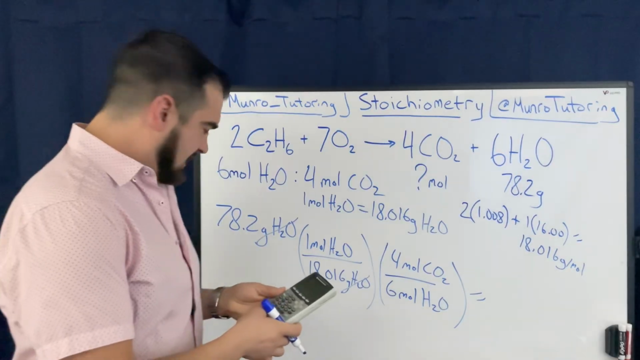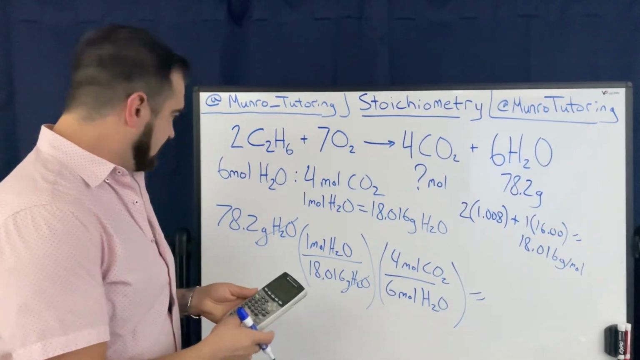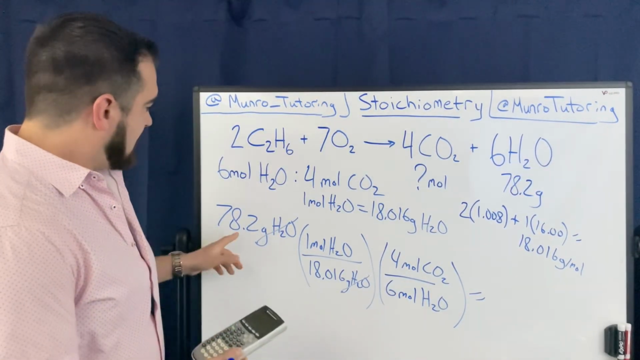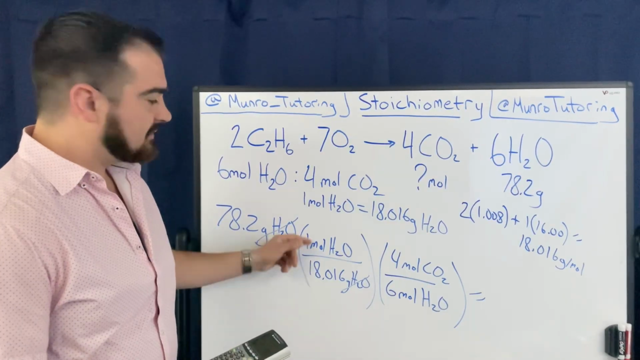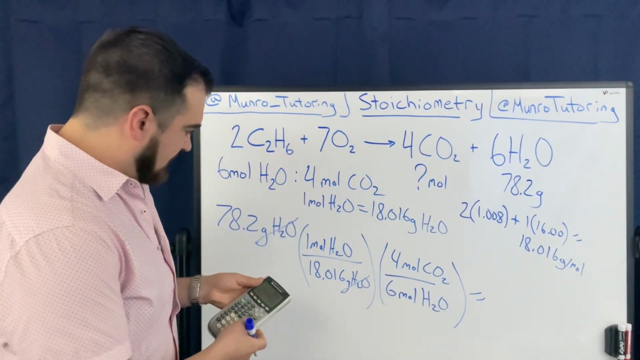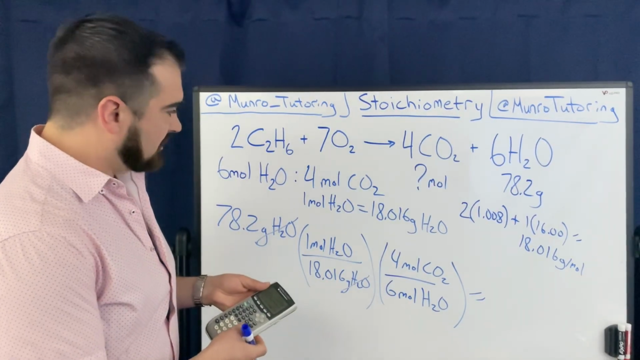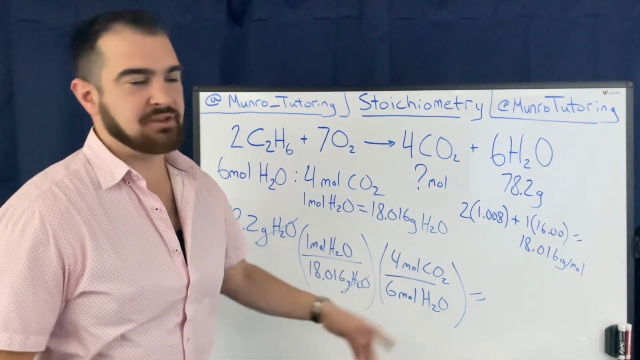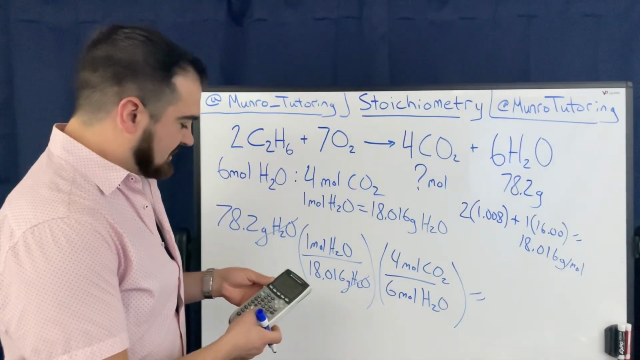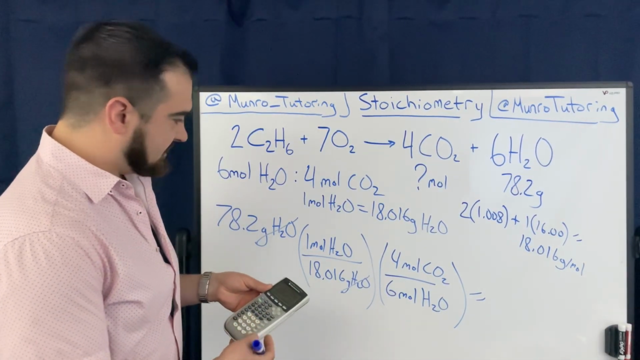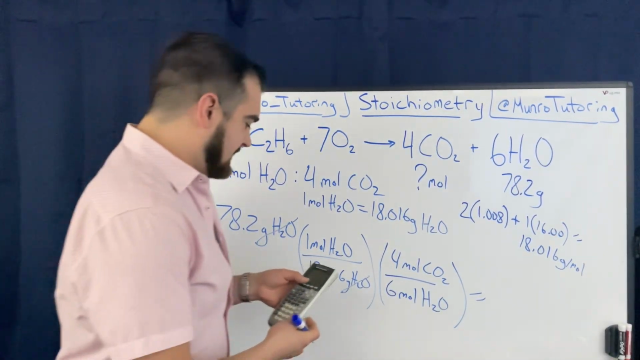So I have 78.2 grams of water. I'm going to divide that by 18.016. I always skip the 1. And then I'm going to multiply, you can reduce this if you want, but it doesn't make a difference, right? So multiply by 4/6, just to keep things simple. And I get